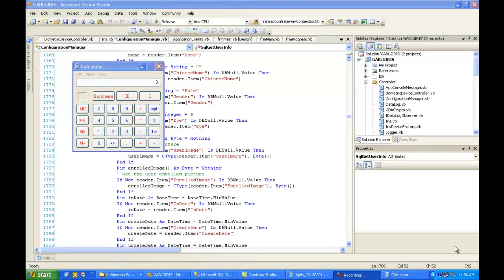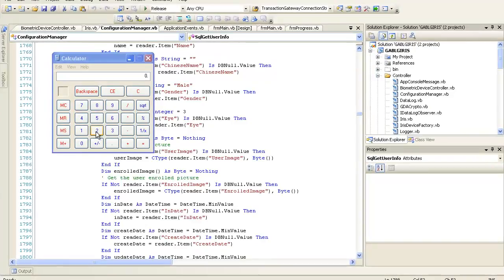Let's start with a simple calculation on how much RAM is being used by our application. We have around 2,700 users, multiplied by, for each iris template, 512